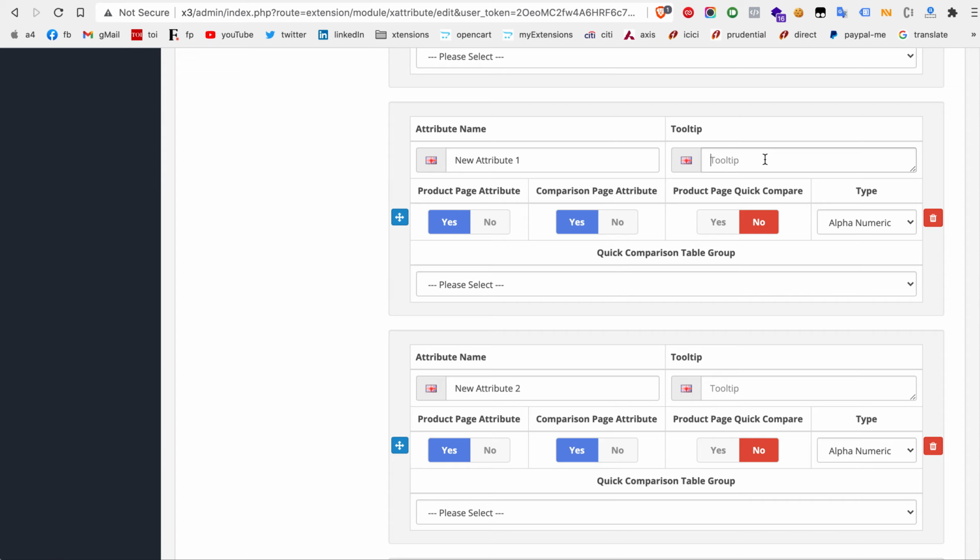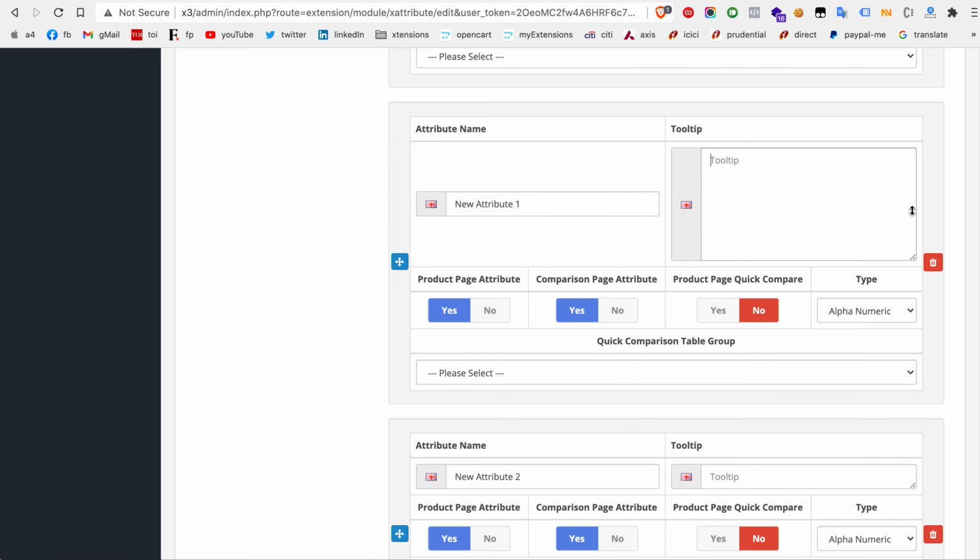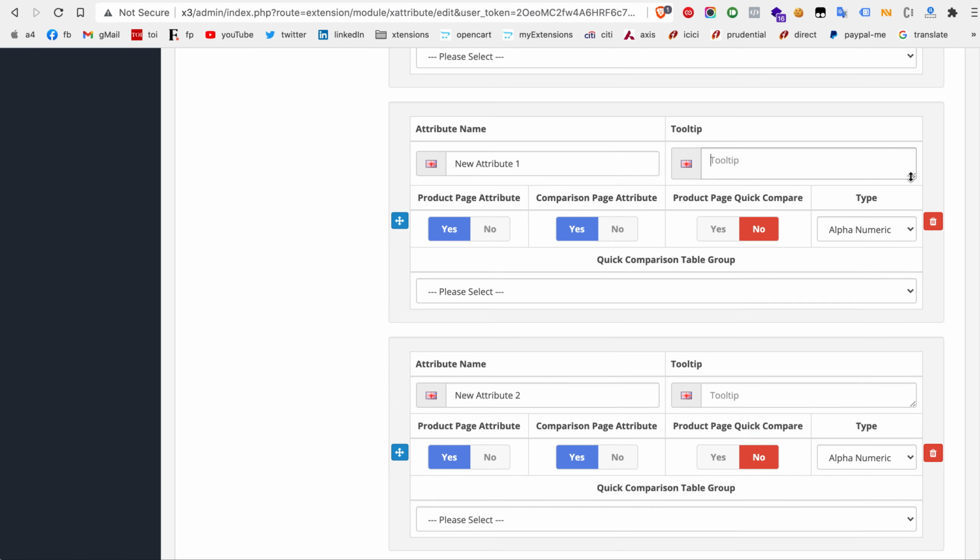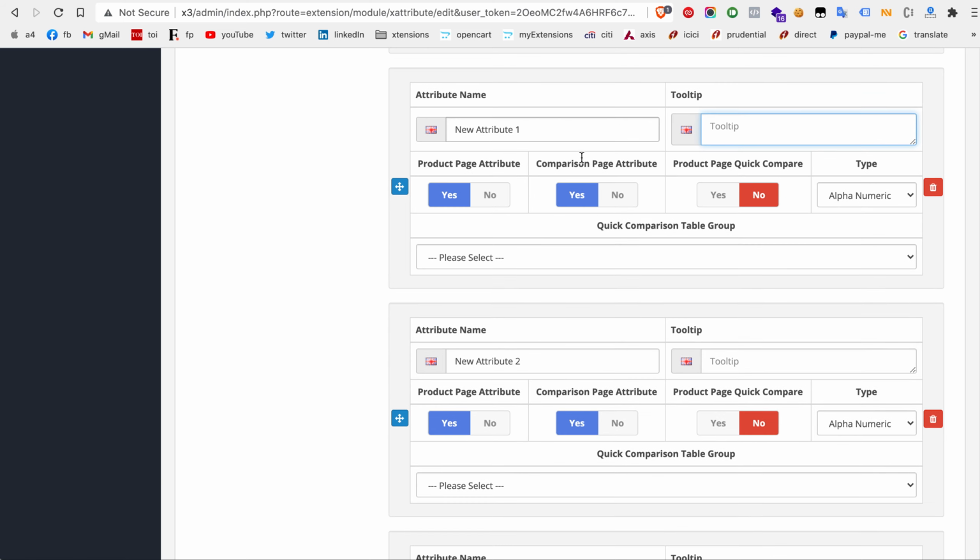If you want to add a short name but want to describe what it means, you can write a paragraph of it here. And here is the visibility of this attribute: you can show it in the product page specifications table, in the comparison page specification table, and in the quick comparison that is displayed on the product page.